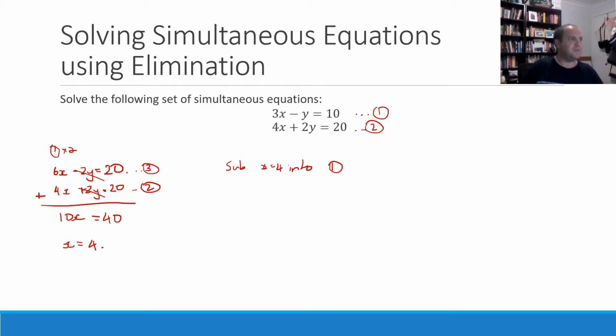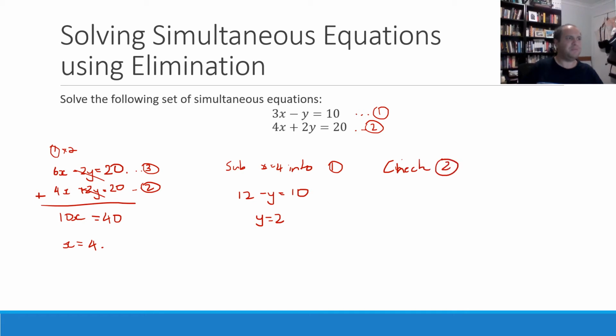So substitute 4 in for that into equation 1, we'll have 12 minus y equals 10. Just by inspection we can say y must equal 2. We could just rearrange that, but we also know 12 minus 2 equals 10. From there we can do a check